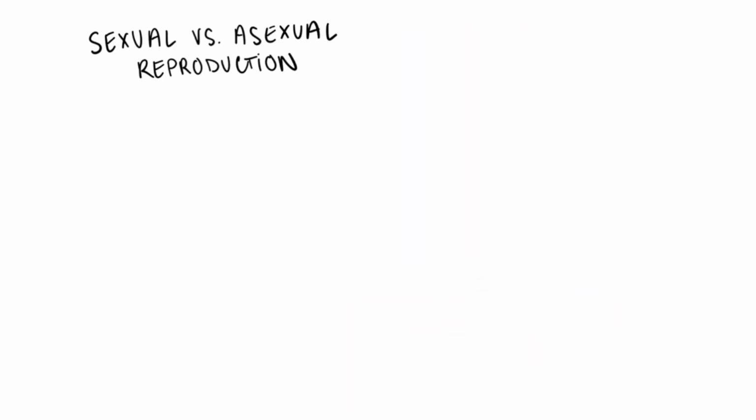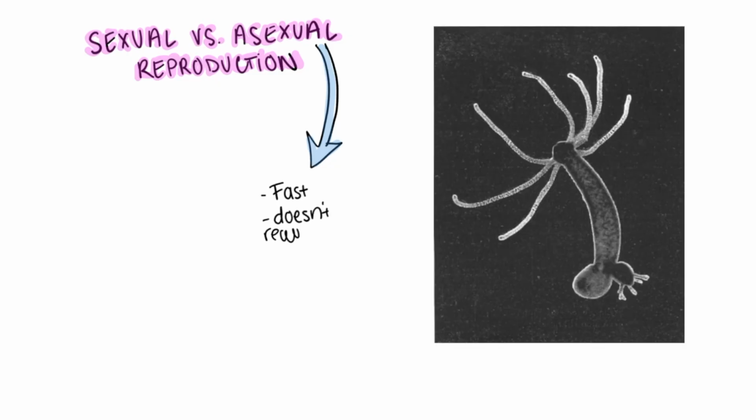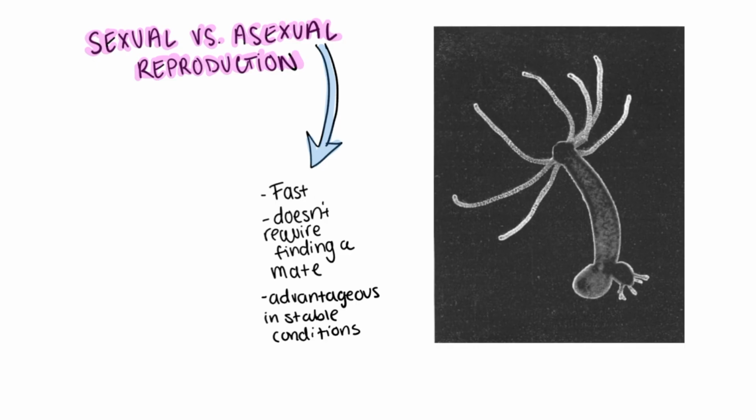Not all organisms use this strategy. Some reproduce asexually, producing offspring that are genetically identical to themselves. This method is fast and it doesn't require finding a mate. These are great advantages when conditions are stable and resources are plentiful. For asexual organisms like bacteria, whose lifespans are pretty short and cell turnover is really fast, enough genetic variation can be generated from mutation alone for these organisms to survive evolutionarily over millions and millions of years.